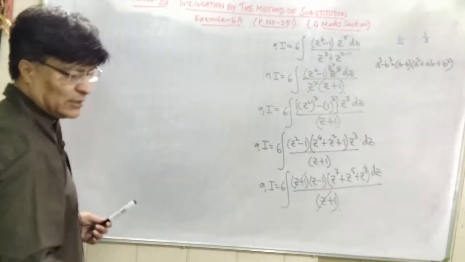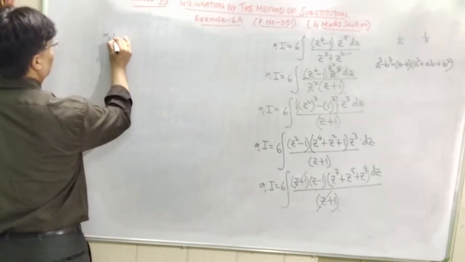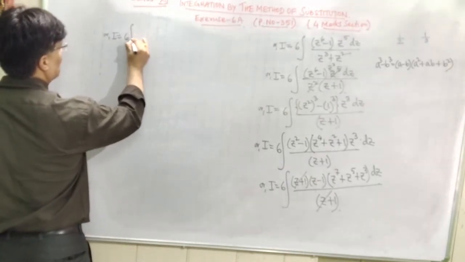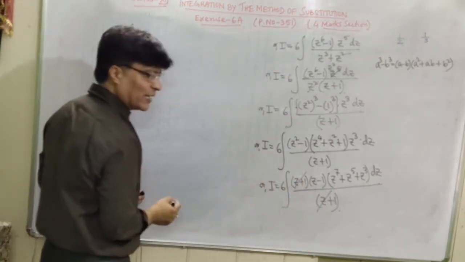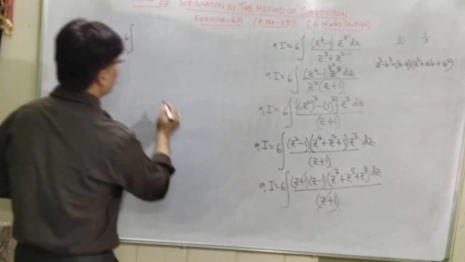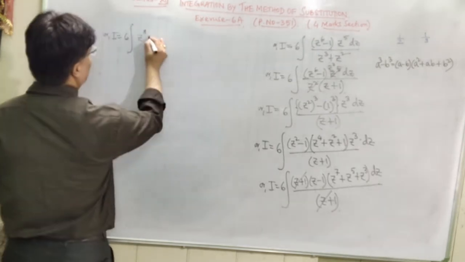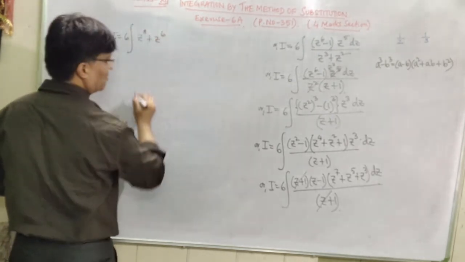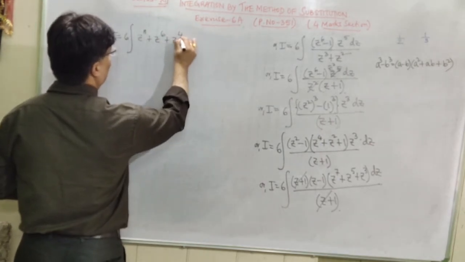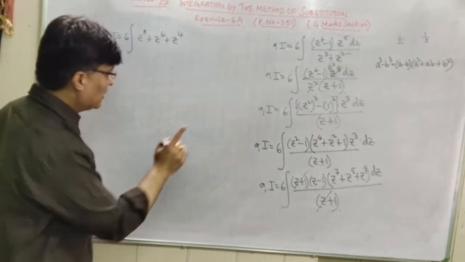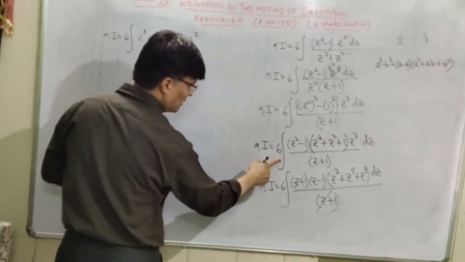So now let us multiply here. I is equal to 6 integration of. So this z plus 1 will be cancelled. Now multiply by z here. z into z to the power 7, z to the power 8, plus z into z to the power 5, z to the power 6, plus z into z cube, plus z to the power 4. Is that clear? Then next, minus 1 into z to the power 7, minus z to the power 7, minus